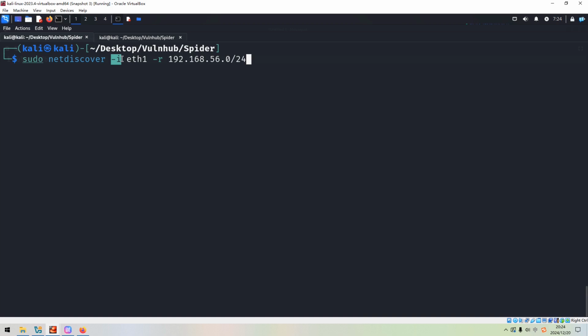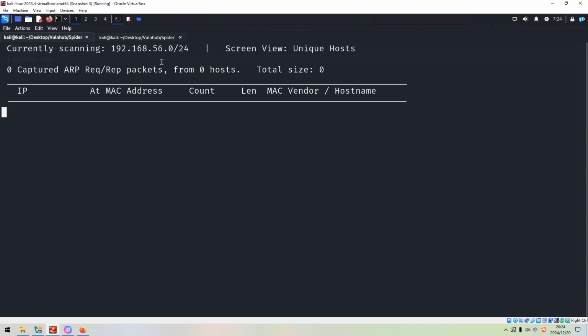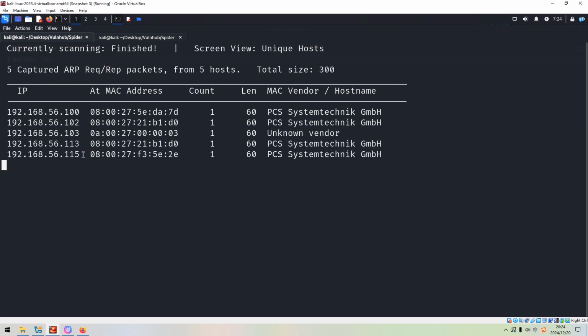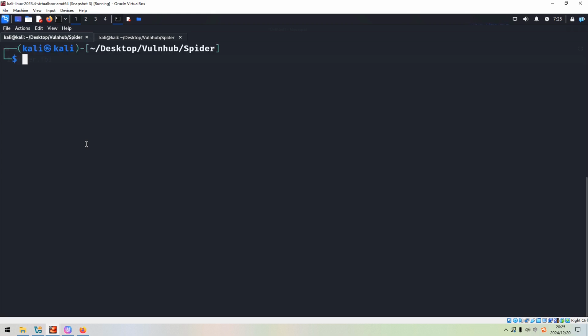So by request and response, netdiscover can know which machines are online on this network. And also the -r option can narrow down the network scope to speed up this process. So now we can press enter. We can find the IP address of the target. I think this one also belongs to the target machine, but when I did the Nmap scanning with this one, I could not find anything. I don't know the reason.